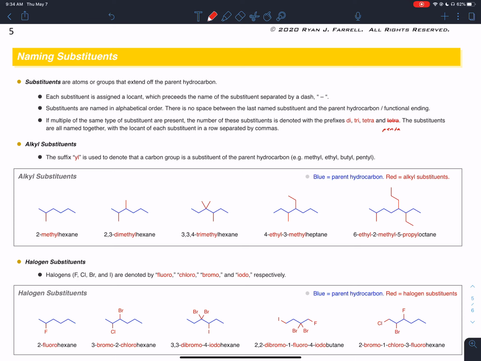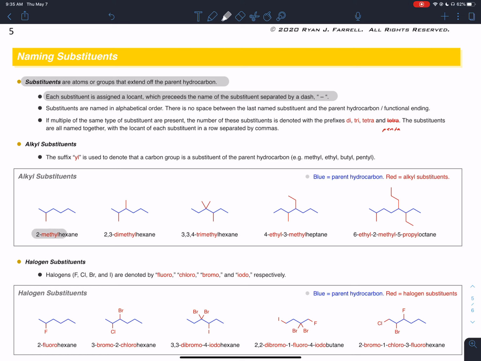Hi everyone, in this video tutorial we're going to go into a little bit more depth on how to name substituents. Remember that substituents are atoms or groups that extend off the parent hydrocarbon, our longest continuous chain. Substituents are each assigned a locant, and in a former video we talked about how to number that parent hydrocarbon, right? And that locant will precede the name of the substituent separated by a dash, pictured down here on the